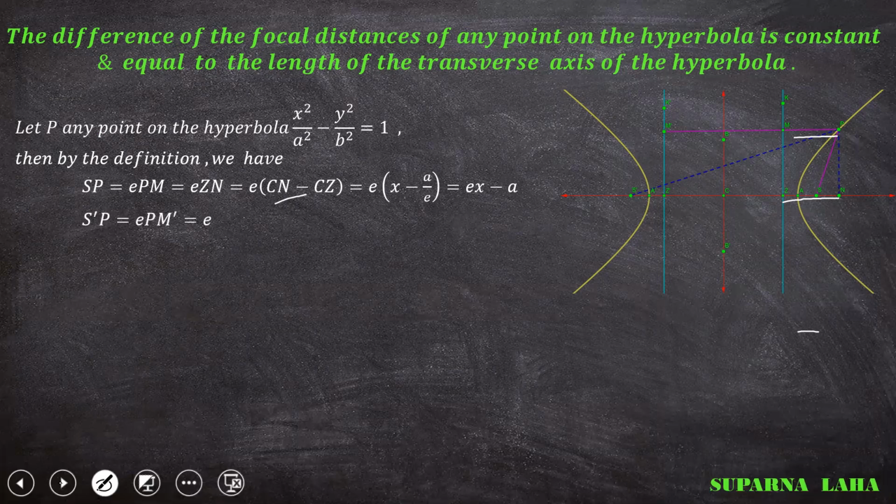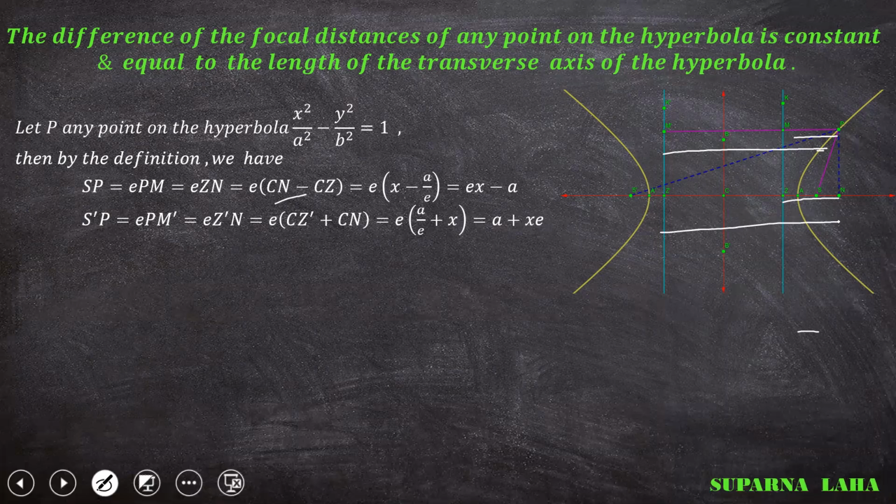Again, S'P is equal to e into PM'. The same thing you have to apply here also. What is PM'? This total distance, right? So from Z' to N, and Z'N can be written as CN plus CZ', that is a by e plus x. If we simplify this, it is a plus xe. Now if we subtract them, S'P minus SP is equal to 2a, which is the length of the transverse axis,